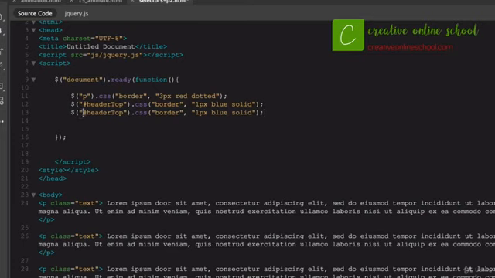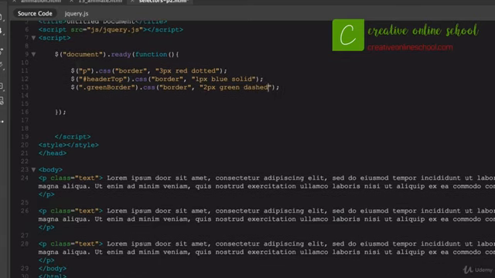This time we're going to do a class, and we'll say green border. Did I do that right? Nope. Green border, CSS. I'll do another border right there, and this one will be a 2 pixel green, and let's do a dashed. All right, so now I can kind of target each of these paragraphs down here with what I just created